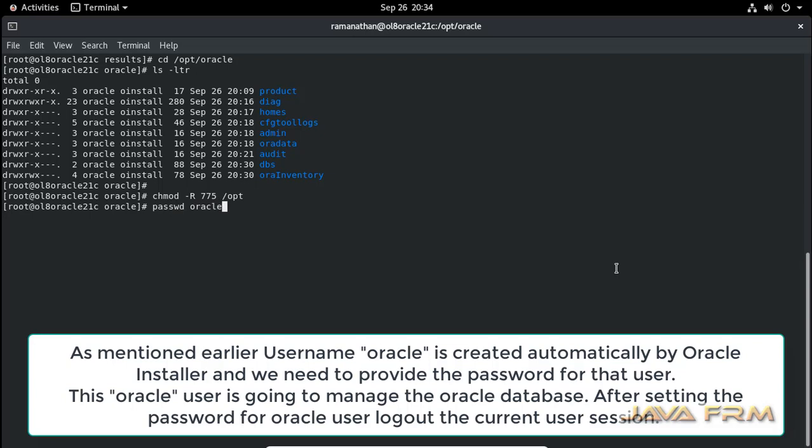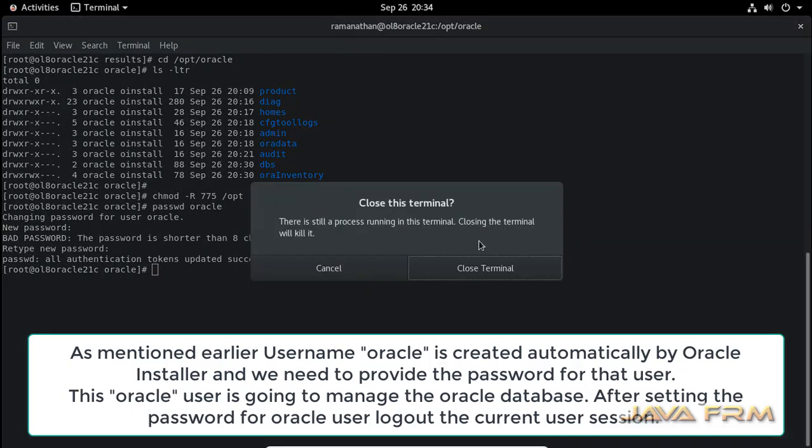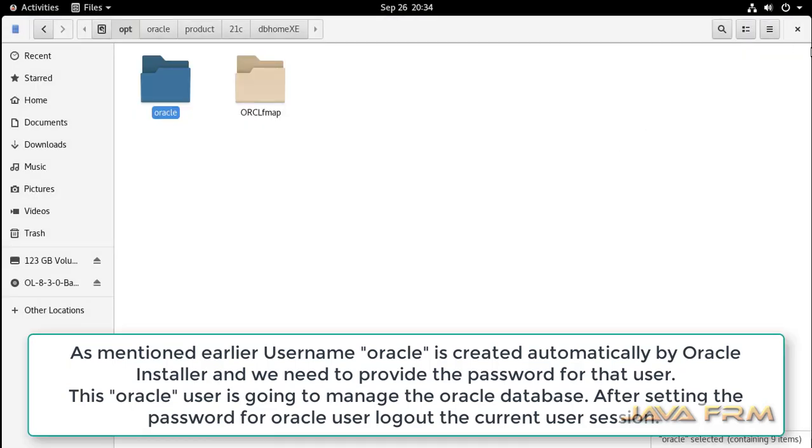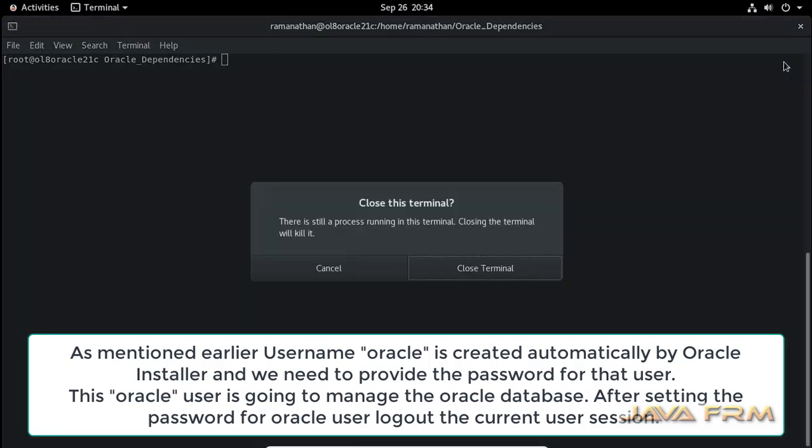Now I am going to modify the password for this oracle user using the passwd command. So the new password is set. Now I am going to log off the current user.